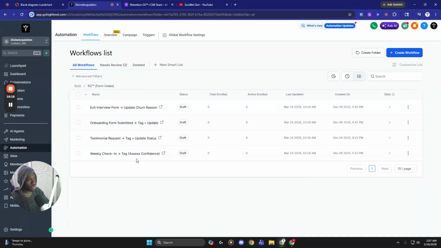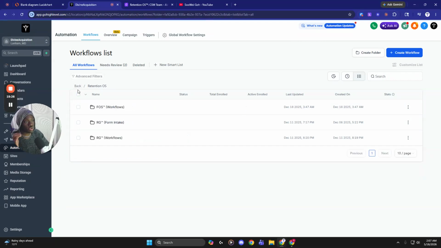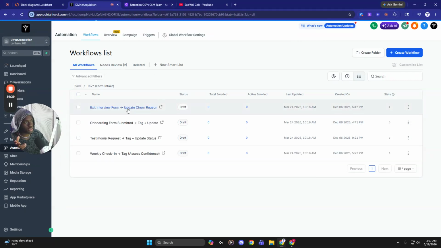Then we have all the form intakes. Okay, this is very, very important. Form intakes is you intaking data, and you constantly need to be doing that throughout the duration of your coaching program. And this is how you actually, and I'm actually going to show you guys a few of the forms